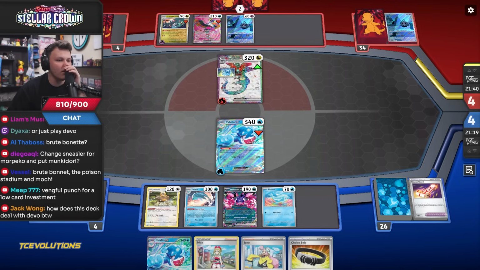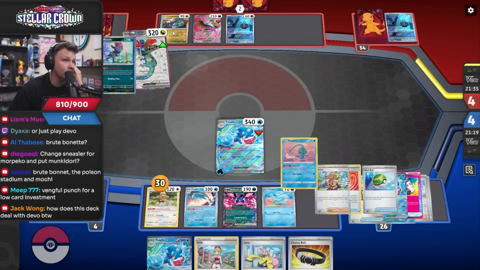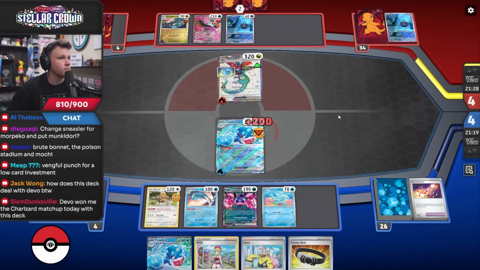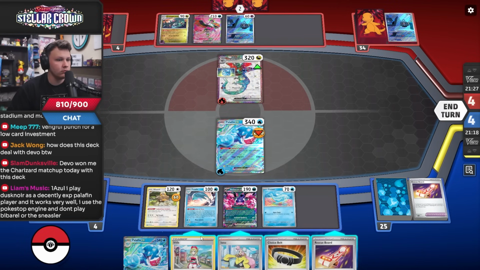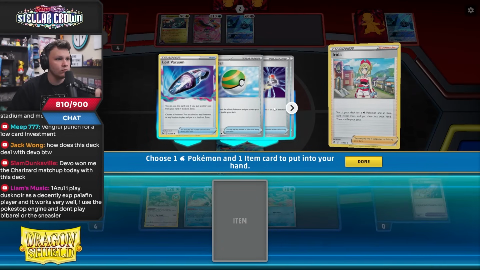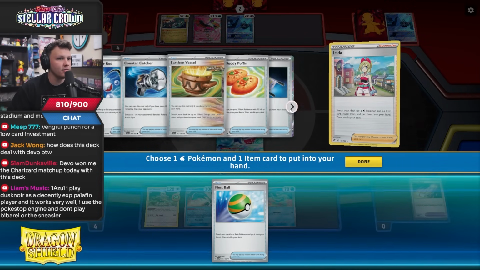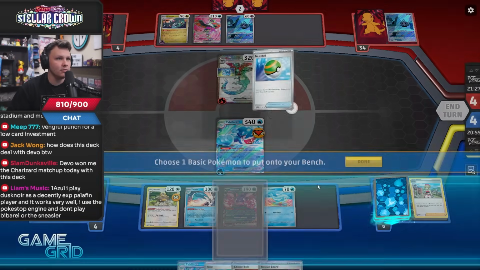Yeah, that sucks. I have to punch their active now. That sucks. I can't even punch their active right now either. I need to figure that out. So I can go Nest Ball. Yeah, I can go Nest Ball for Fez, right? Yeah, sure. No Sneasel setup kind of sucks, but...